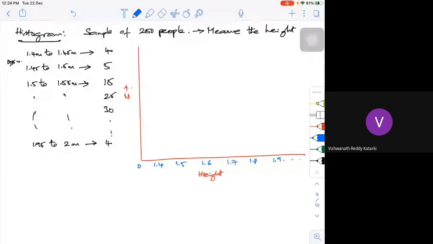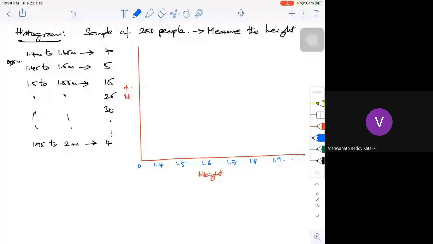Now if you try to plot it here, the range between 1.4 and 1.45, say some number of people are there, so if I put counts on the axis, like 10, 50, 30, just something.